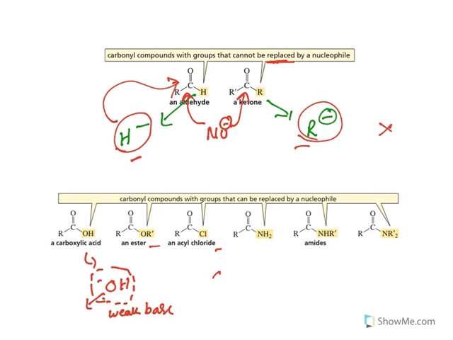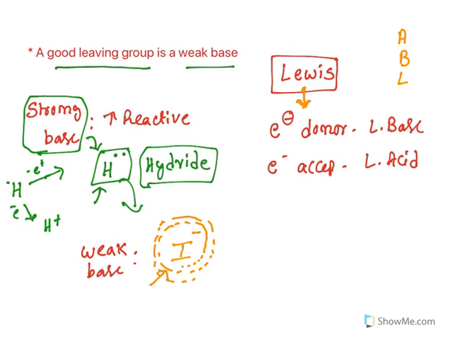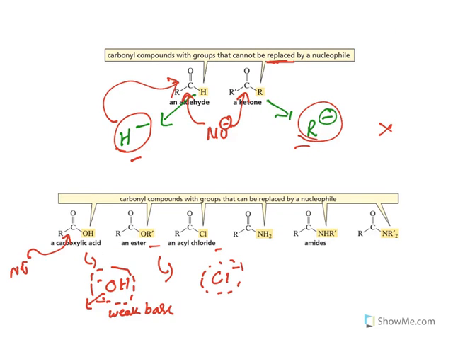That is true in all cases. Cl minus is a weak base. It can easily accommodate all these electrons. That is the reason why they can get substituted. They will come out when a nucleophile comes and attacks. Now this is the statement: a good leaving group is a weak base, because OH can easily come out. It is a good leaving group. Why is it easily coming out? Because it is happy to accommodate these electrons. Hence it is a weak base. Understand this concept. This concept keeps coming in entire organic chemistry.